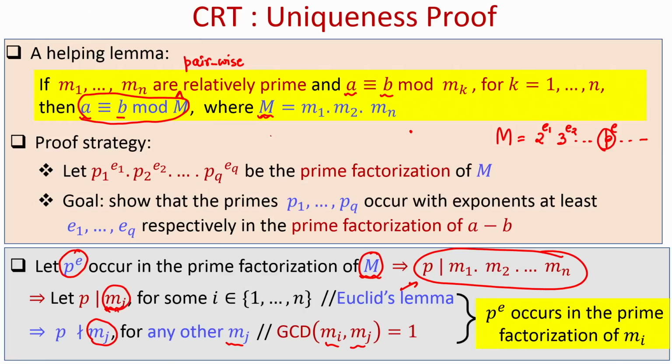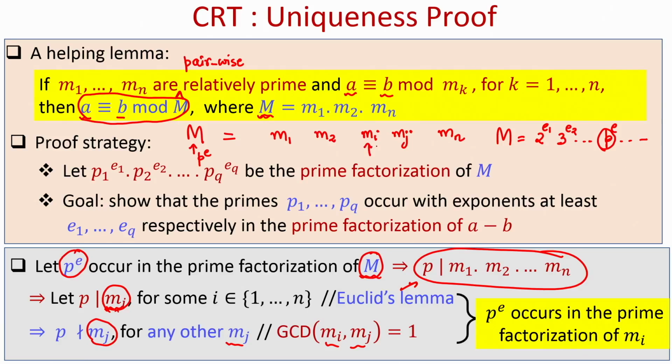So, remember each of the moduluses m1, m2, mi, mj, mn will individually have their own prime power factorization, and I have the product of all these moduluses, which is m. I know that p power e is contributed in the prime power factorization of m. So, this p power e might be accumulated from several moduluses m1, m2, mi, mj, mn, but what I have shown here is that p, if at all p is coming from mi, that means if p's contribution was there